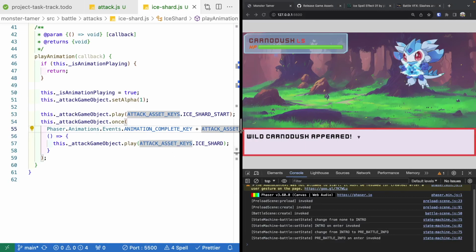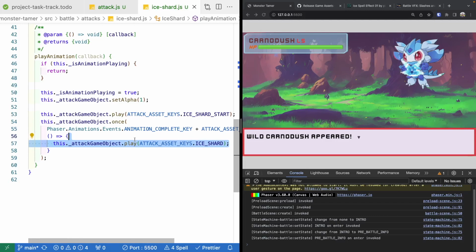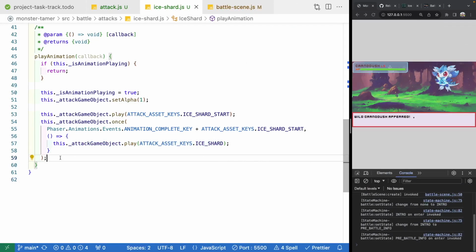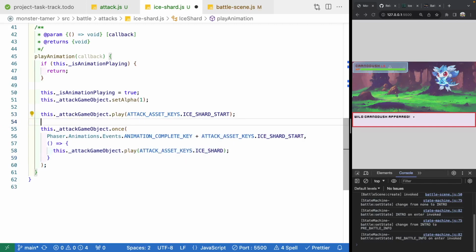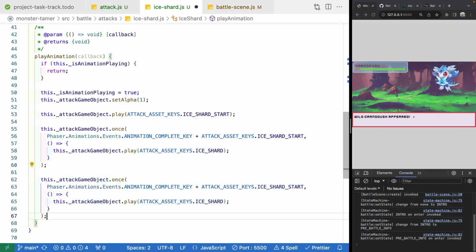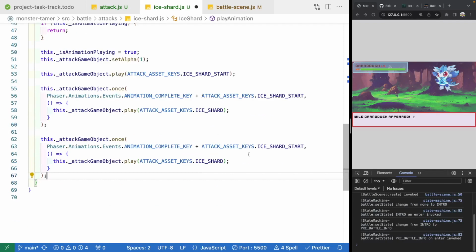All right, so the last thing we need to do is once our second animation is finished, what we want to do is we want to go ahead and hide our game object, and then we would actually call our callback if one was provided. All right, and so to do that, what we want to do is we're just going to add another event listener. So let's copy this code here, and we're going to go ahead and paste it below it. And what we're going to do is we just need to listen for our other animation name. So with our prefix, we just want to listen for ice shard,